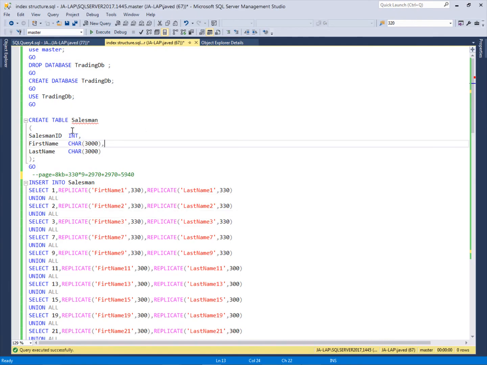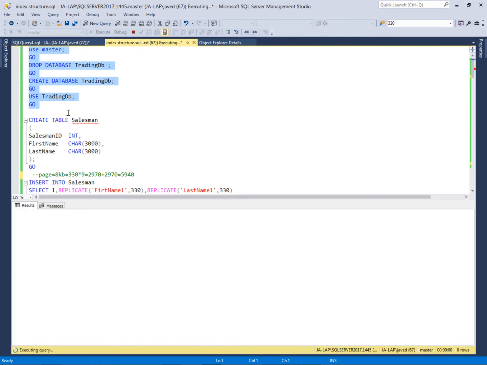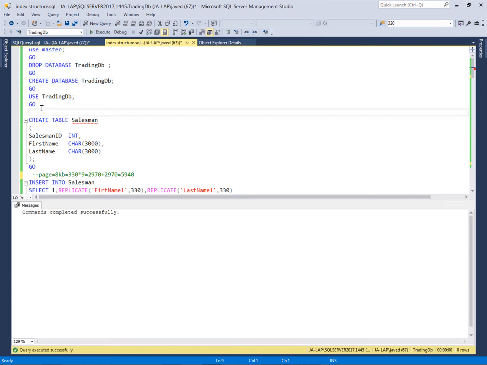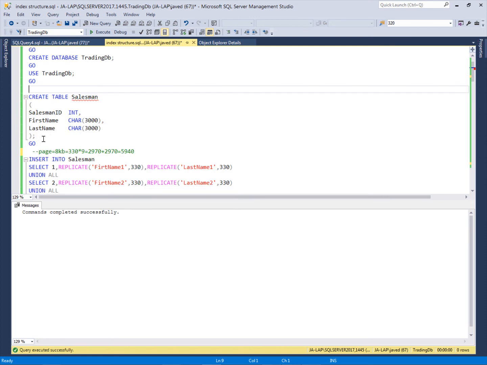So this is SQL Server Management Studio, and this is the master database. I will use the master database to create a trading DB, and the trading DB is successfully created. Now in this DB I will create a table.